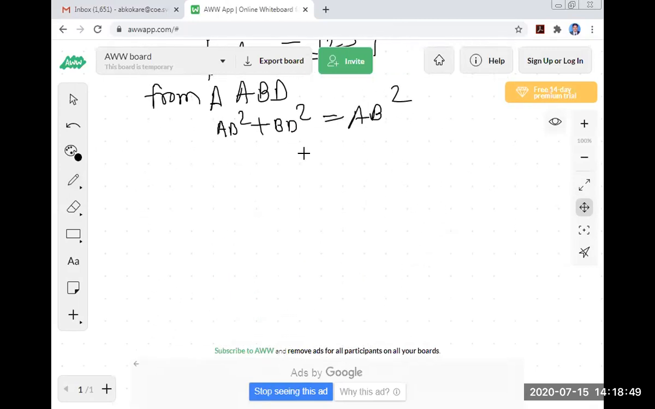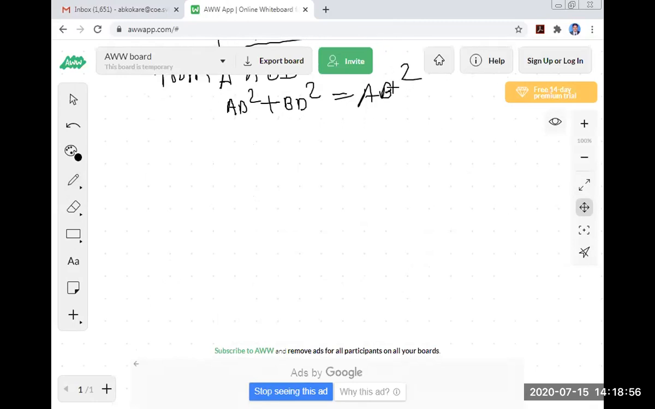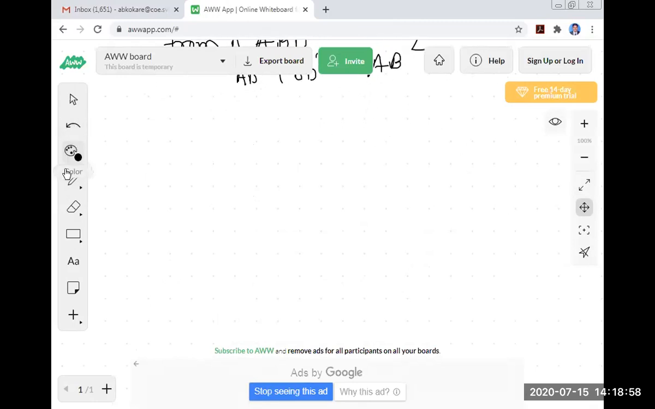Now here, what is now here? I will draw the sketch once again. This is D, B, A, C. This is right angle. This is right angle. Now here,